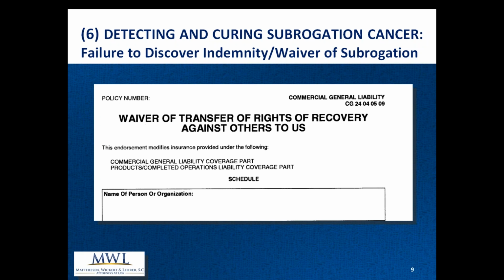But wait, not so quick. Now there's a schedule. Now the waiver endorsement says you're only going to waive subrogation as to the name of the person or organizations listed below. Well, it would behoove us to look at that. Who are we agreeing to waive subrogation for? Sometimes it includes the name of the general contractor or the owner, but sometimes it's other affiliated entities, and it's not the exact same corporate entity. And guess what? We haven't waived subrogation against the actual corporate entity that's trying to insist on waiver.